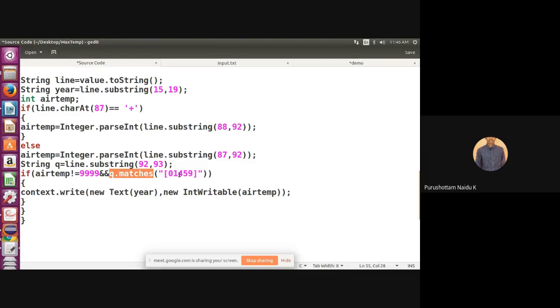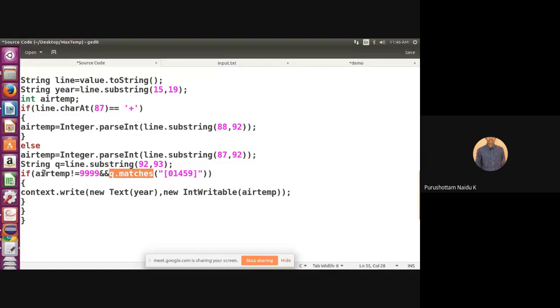This is just like a regular expression. If you specify it in square brackets, any one must be true. That's why the air temperature must not equal four nines, and the 92 index must be either 0, 1, 4, 5, 9 only. Then it is a valid record.